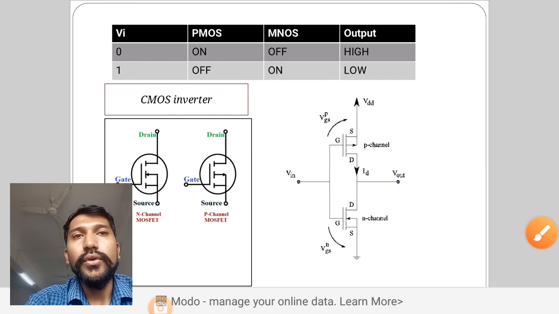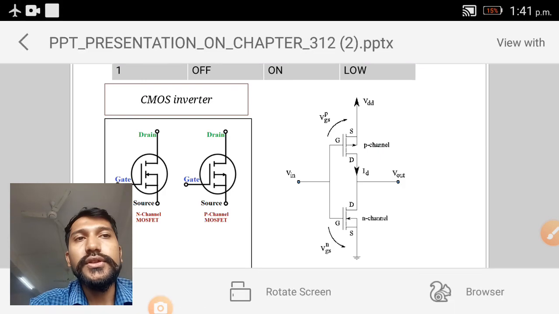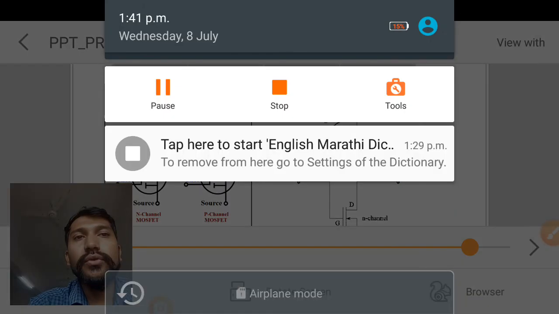So this is how your CMOS is going to work. So it is called a CMOS inverter. Whenever I give 0, output will be 1. Whenever I give 1, output will be 0. So that is called a CMOS inverter. The only condition to remember is that the P channel becomes on when we give low input voltage, and your N channel becomes on when it has high input. Okay, so this is how your MOS device is going to work.